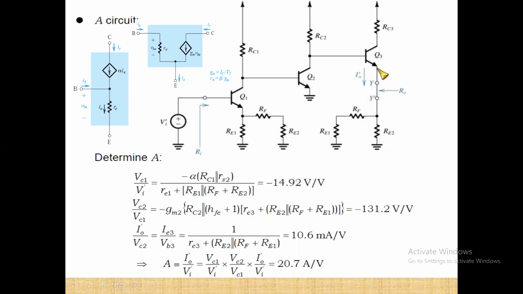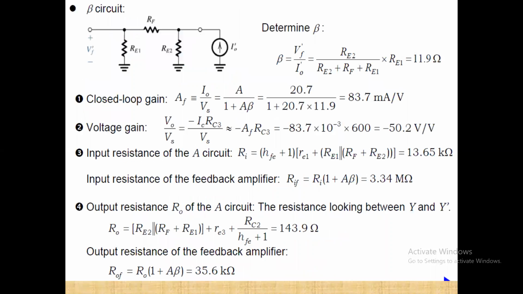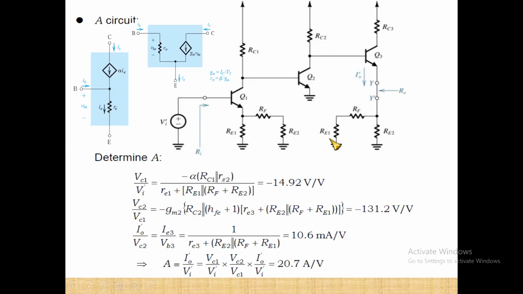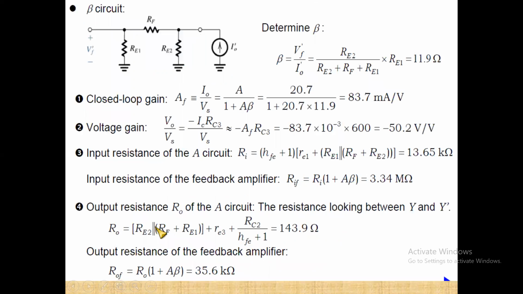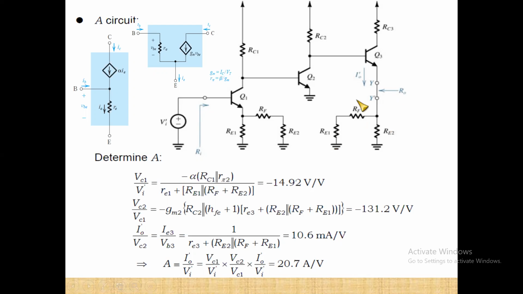That will give us RC2 divided by HFE plus 1, and then the combination, which corresponds to the parallel combination of RE2 with this. So this is translated onto this side. That is what we had there. So that's why we had all this. Now what's happening? Because we are taking the output at this point, this will come in parallel with whatever is the translated version. That means this will go to ground, and that will R is RC2 divided by